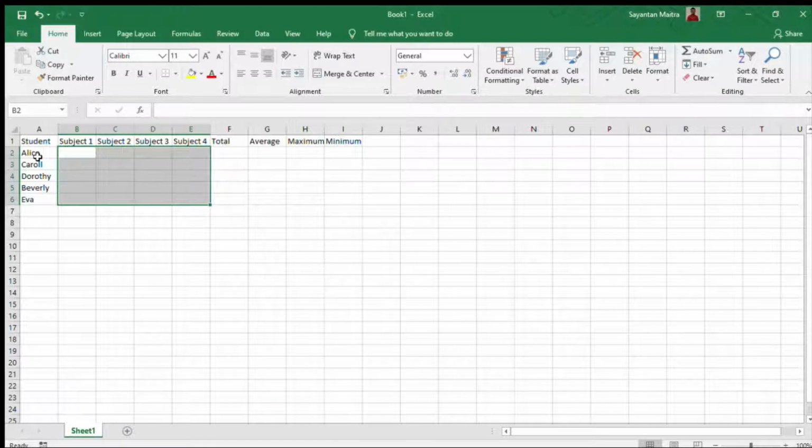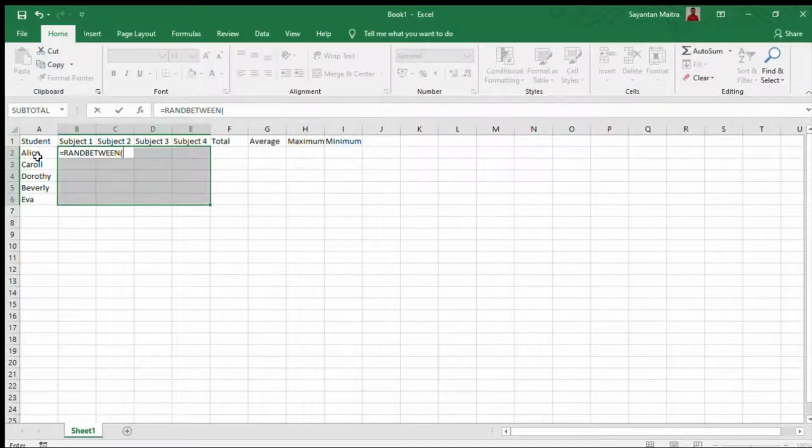So we will give the equal to sign, because we know that to start any formula in Excel we have to start with the equal to sign, because it tells Excel that we want to do a calculation. So we will type equal to RANDBETWEEN, an open bracket, and we will fix the lower limit to say 10 and the upper limit to 50,